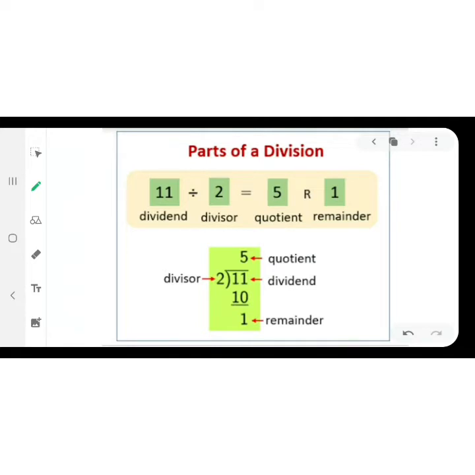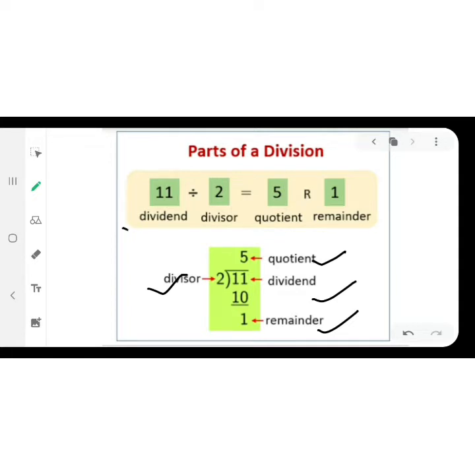Now parts of division. As we have seen a few terms related to multiplication, similarly division also has different parts. So the example is given here, 11 is divided by 2. So the different terms which are related to it are divisor, quotient, dividend and remainder. In multiplication, 3 terms were there, and in division, 4 terms are there. First is